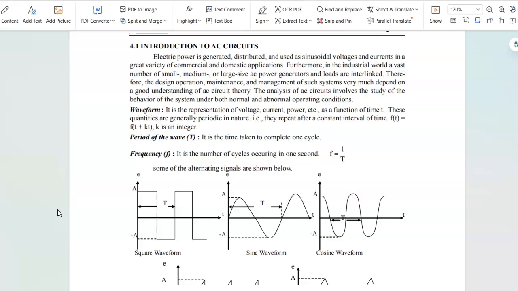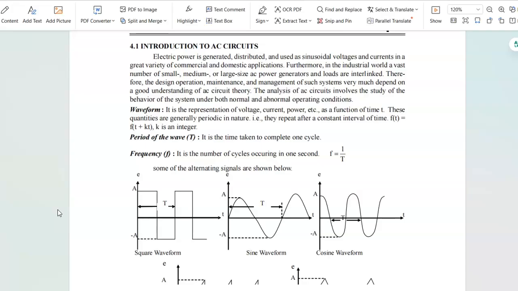The first one is waveform. A waveform is a graphical representation of voltage, current, power, etcetera, as a function of time. These quantities are generally periodic in nature. Periodic means the waves repeat after a constant interval of time. That is, f(t) is equal to f(t + kT), where k is an integer. This is called a waveform. So basically a waveform is a graphical representation of electrical quantities like voltage, current, power and so on